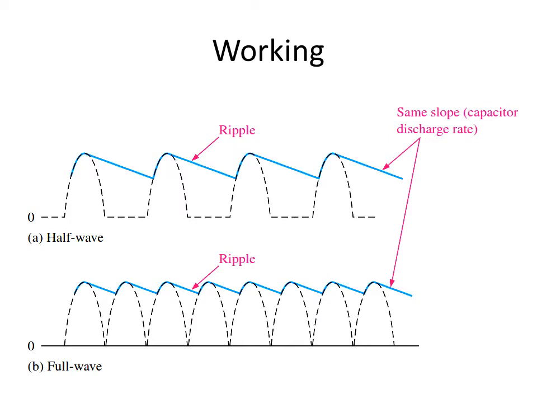So here what happens is that if you examine the first diagram, you can see the output of the rectifier keeps on increasing. It reaches a peak value, then it decreases, then again it increases, and it goes on like that. And correspondingly, we have connected the output of the rectifier to the capacitor. So when the voltage is increasing, the capacitor will undergo the charging process. So that charging and discharging of the capacitor is actually what results in the filtering action.